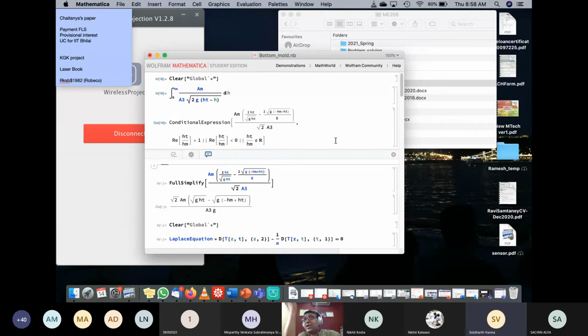Yes, but there is a liquid column in the back of it. So that's why we are assuming incompressible and steady flow, so we need to apply Bernoulli's. Wait. Steady flow is only till the gate. After that, steady flow is not there. In the reservoir, there is no steady flow.